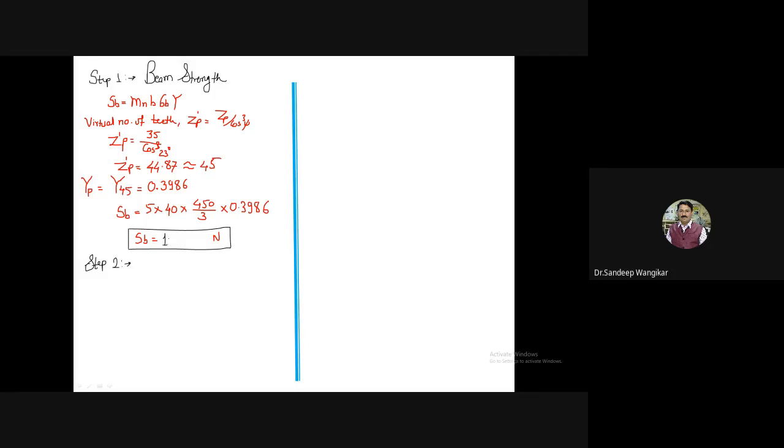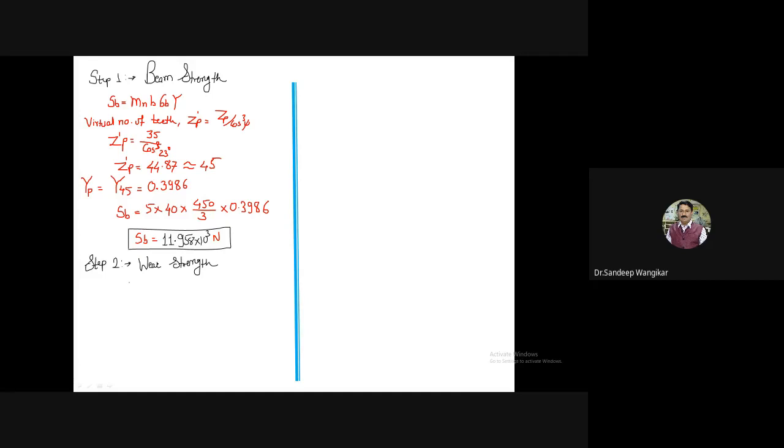1.958 into 10 raised to 3 Newton. So this is your beam strength value. Now step number 2, as BHN value is given, we can calculate here the value of